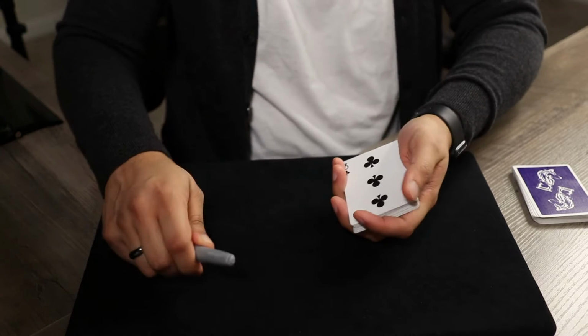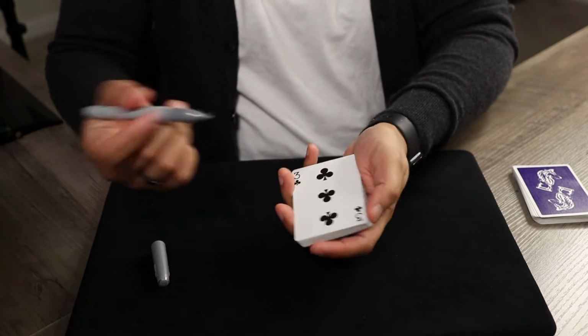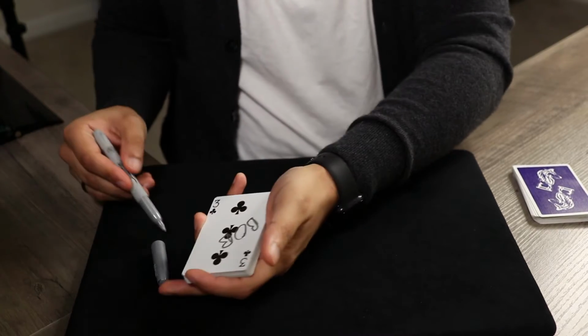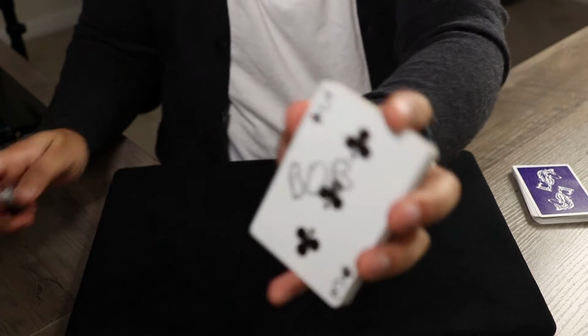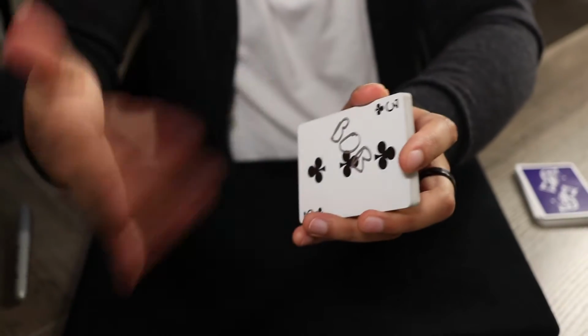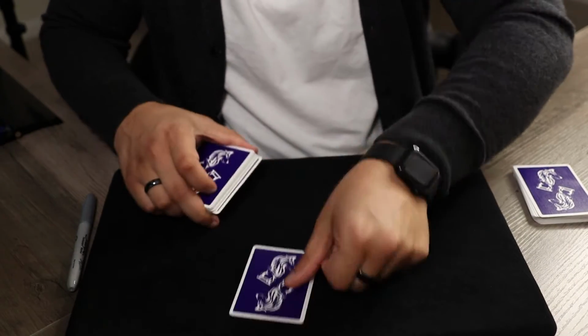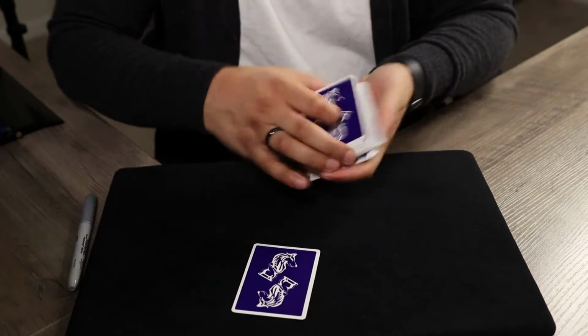And you know, I'll do this. I'll have the spectator sign this card. Let's say spectator number one's name is Bob. So B-O-B. Gonna have that signed, and hopefully you can see the signed signature. I'm gonna let that air out a little bit. What's the name? B-O-B? Bob. That's correct. We're gonna take Bob's card, leave it right over here,